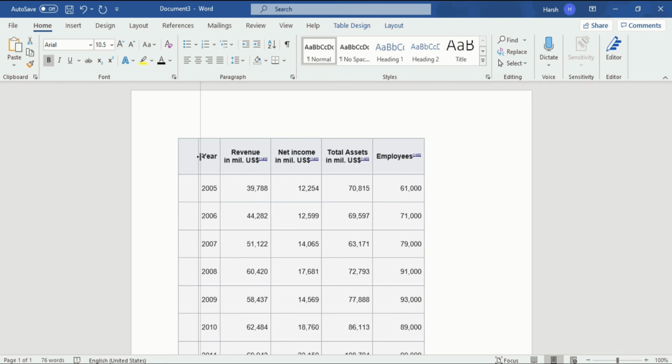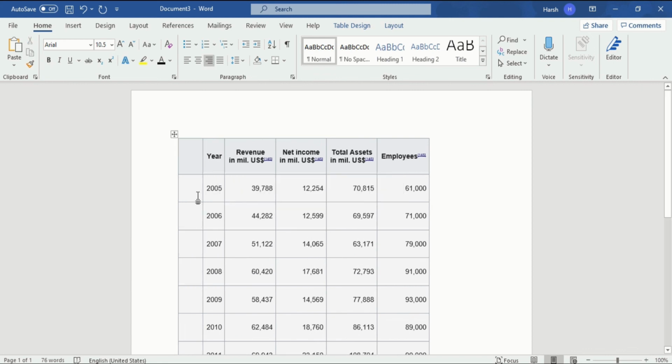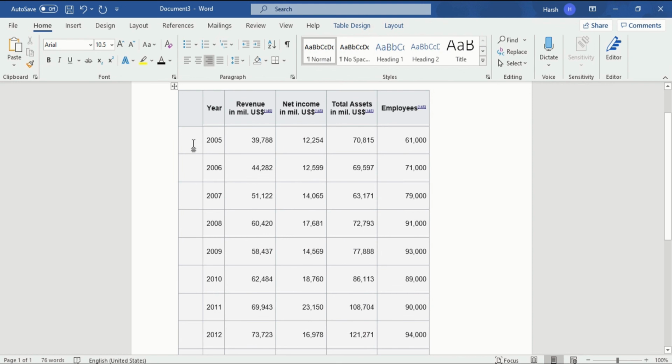Again, you will increase the size of it. Now you want to write the serial numbers. In one case you have to just write one, two, and so on. So it is cumbersome work. I don't want to do that. So how can you do all these things easily?